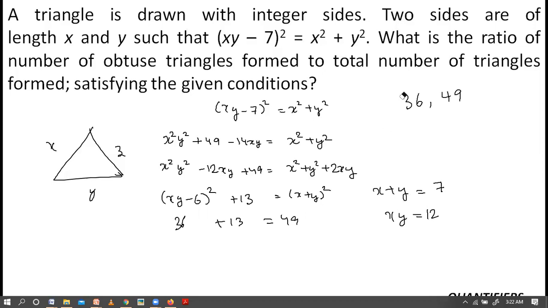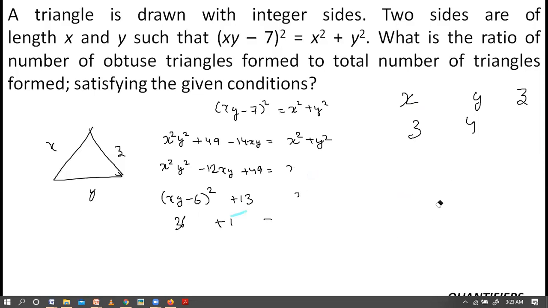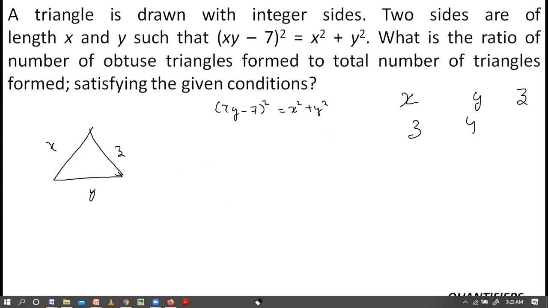So if I am talking about the sides of a triangle being x, y, z, 3, 4. I am not going to take 4, 3 because this is a similar condition. I don't want to make separate cases, right? I need different combinations. So if the two sides are x and y for a triangle with integral sides, what could be the third side? Can I say there will be a range? If this side is 3, this side is 4. The sum of two sides has to be greater than the third side. So 3 + 4, 7, is to be greater than z. So z's maximum is 6.